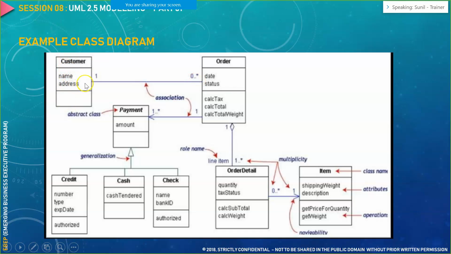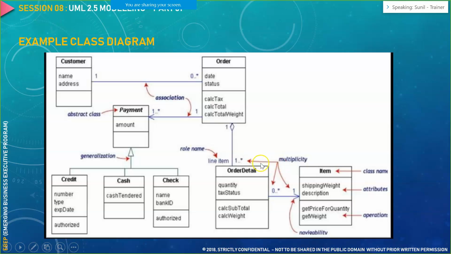It means one customer can place multiple orders, and for one particular order there could be multiple payments. For example, if a system accepts part payments, the first part of the payment you make via cash, and the other part you do via credit card using an EMI functionality or so on. In that context, there would be multiple payments for a particular order.